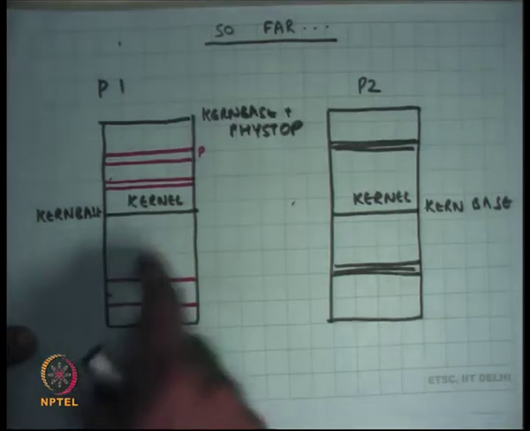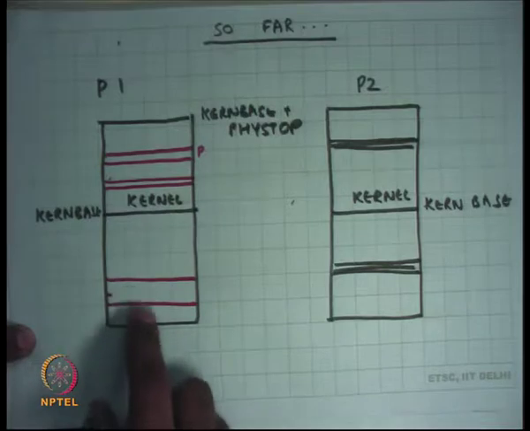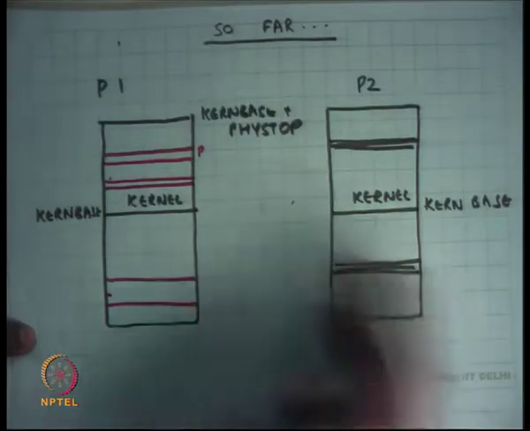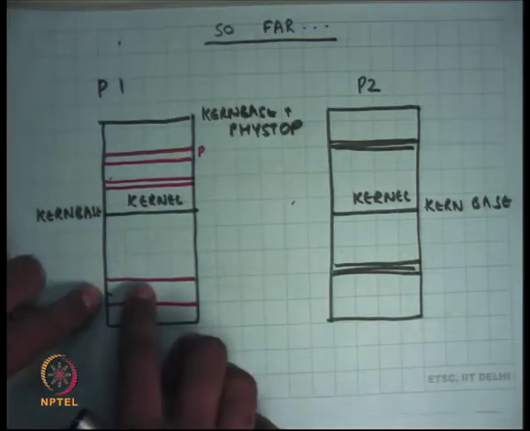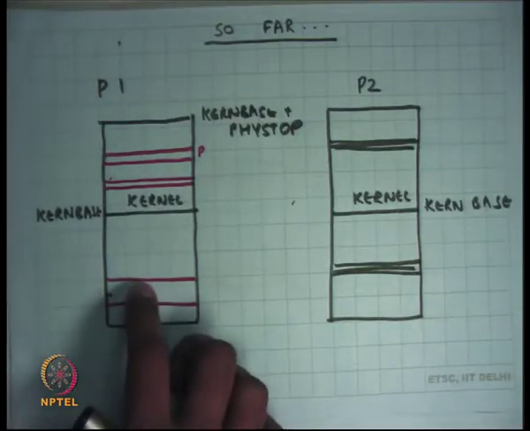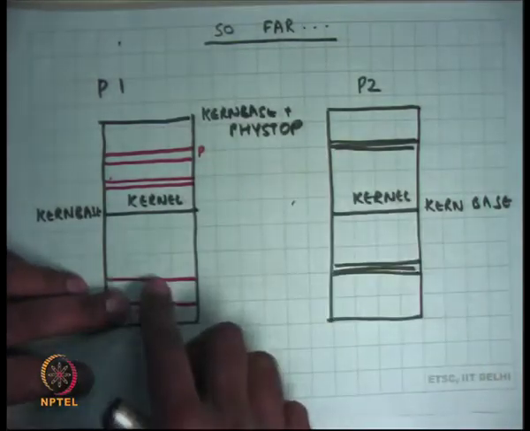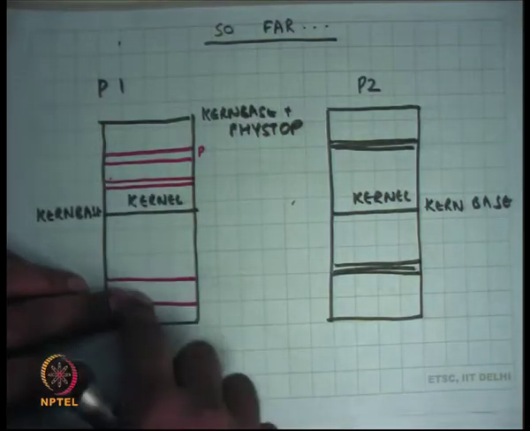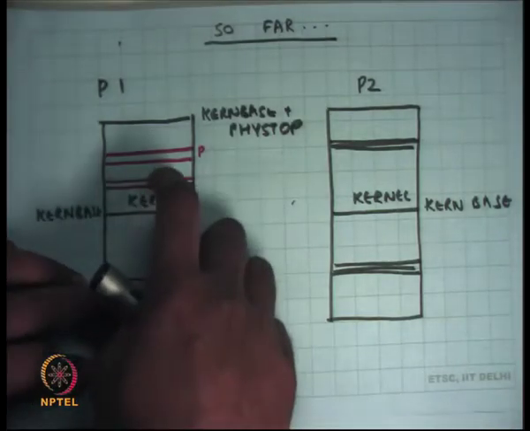So if a process is executing here, different processes may have different mappings. For example, in these red lines here in process P1, let's say this page is mapped and this page is mapped, and in this process P2 let's say this page is mapped, so they have different address spaces in that sense, right, and they are completely independent address spaces. Also note that these pages which are present in the address space of the user are also coming from the physical memory, right, and the physical memory is also mapped in the kernel space. So the same pages in physical memory have two mappings in the virtual address space, one in the user side of things and another in the kernel side of things, right.